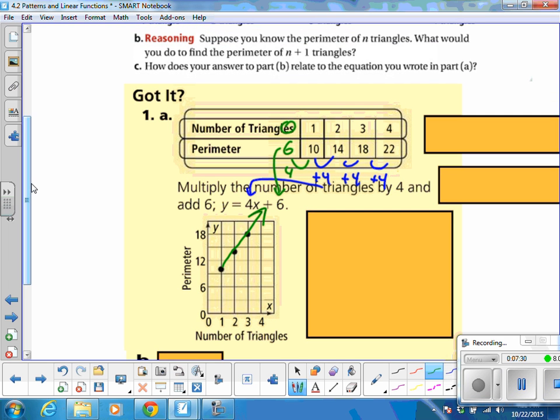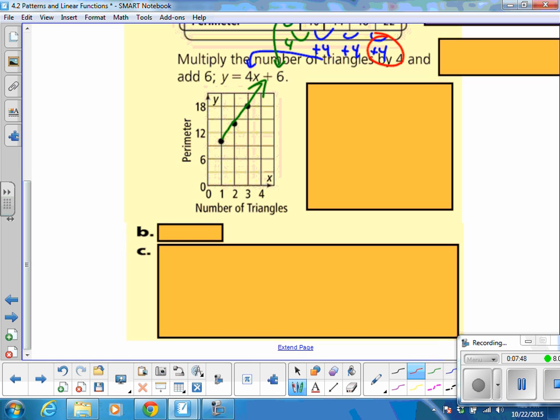What happens if you do know the perimeter, and I'm just going to increase the triangle? So if I know the perimeter and I'm going to increase one more triangle, I can identify in my pattern here that if I go one more triangle over, I'm just going to add 4 each time. So my answer for that one is I'm just going to add 4 to that situation. If I know the perimeter of a triangle and I go up one more, it's just going to be added